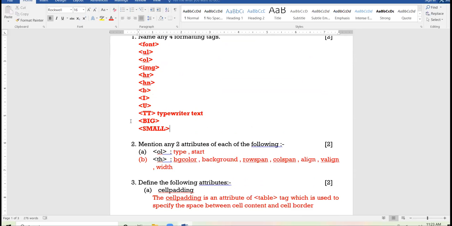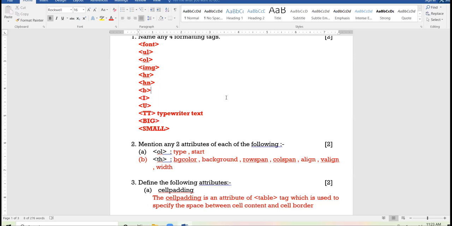Big tag means to display the text in bigger size. Small tag means to display the data in smaller size. So these are the physical styles of HTML.